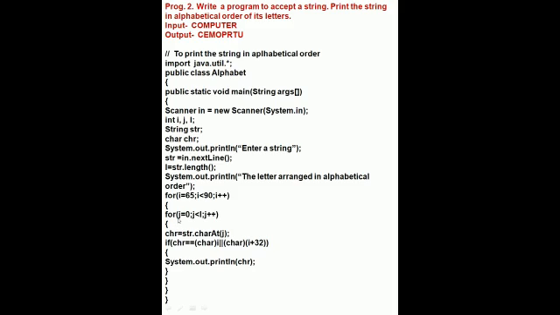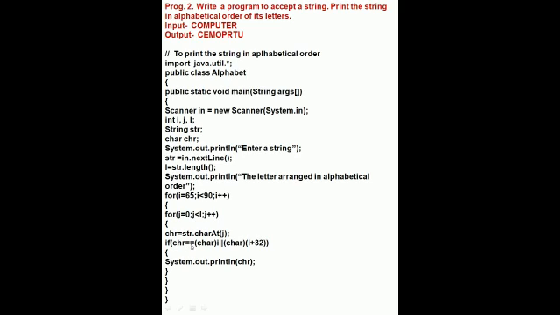Now curly bracket start for J. This is arranging the alphabetical order, and this is for looping. Print the character. J starts from 0 and J less than or equal to L, J++. Curly bracket start. Now chr = str.charAt, it will find the character from the string, from the J loop, not the I loop. The I loop is used for alphabetical order, and J is arranging the characters, taking the characters from there.